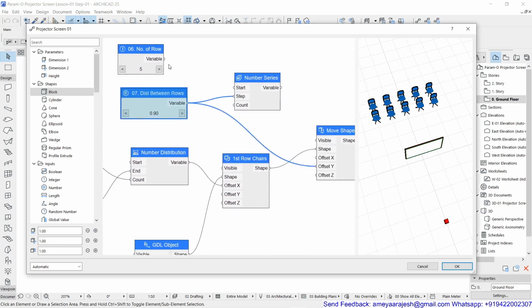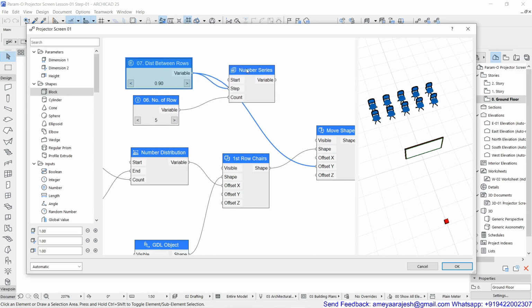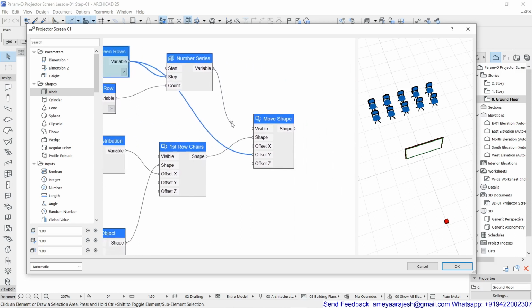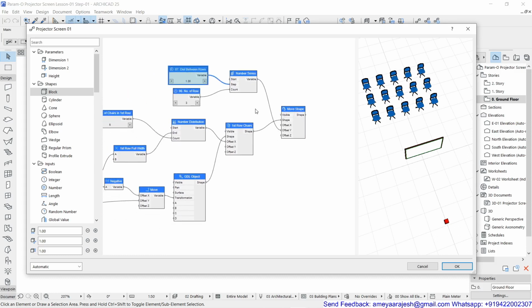Okay, and now you can check out the count over here. Now if you want, you can push this up, this you can take down. The count I'll put over here, and this entire thing I'm just going to push into my y offset. Okay, so this is the correct one. Now if I decrease the number of rows, you can see how it is working, right? And the distance between the rows, if I want to increase, you can see how it is working. So altogether, your program is now set.